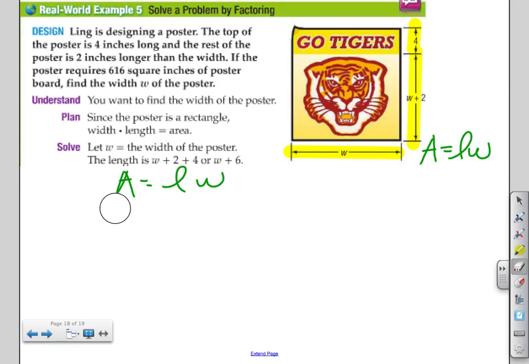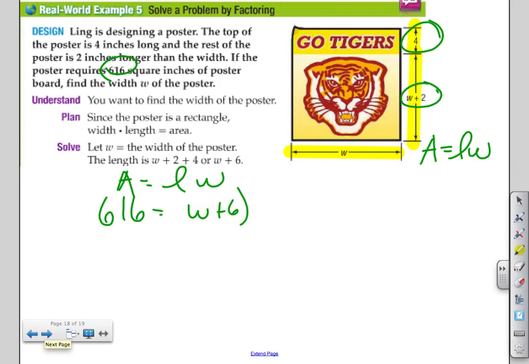We know the area in this problem is 616. The length is W plus 2 plus 4, or W plus 6, times the width, which is W. All right, so if we multiply that out, we get